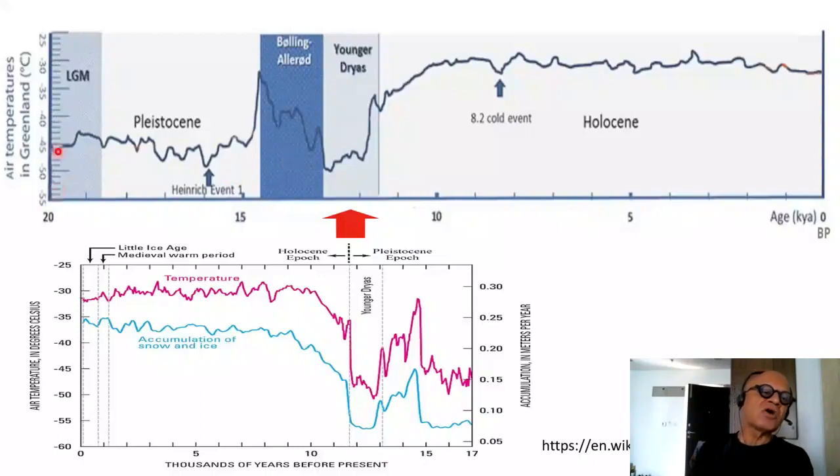So we came out of the last glacial maximum around 21,000 years ago, and the warming triggered by the orbital forcing, even though there are other theories, show Heinrich event 1 here, and the Bolling-Allerod, which is another millennial timescale event, Younger Dryas, which shows an abrupt